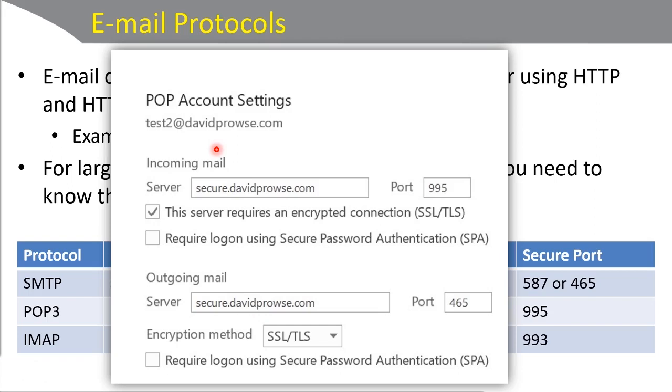Here we have a POP account, and the incoming mail server, that's the POP3 server, we have a name here, secure.davidprowse.com. Now, in some cases, the mail server might use a different name, like mail.davidprowse.com. In this case, I'm using the name secure to indicate that we have a secure server. That doesn't really make that much of a difference. What's important here is that we have it checkmarked. This server requires an encrypted connection, SSL, TLS, and the port we use for POP3 by default is 995, as